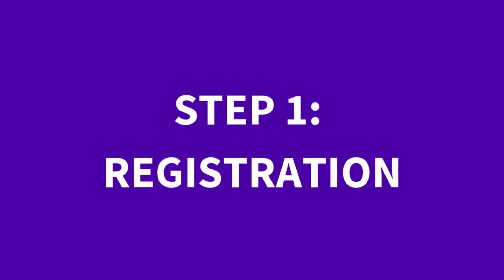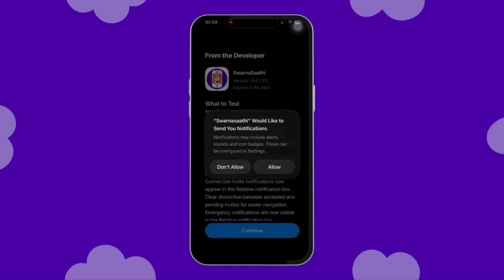For that, once you have installed the application and opened it, you will be asked to allow a set of permissions. The first permission is to allow notifications from the app. This permission is crucial for allowing the app to communicate with you via notifications. OTP, which is crucial for any new user's registration, will also come via notification. Thus, every user must allow notification permission.